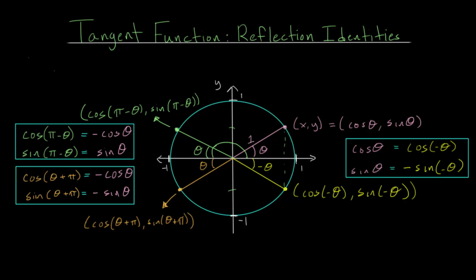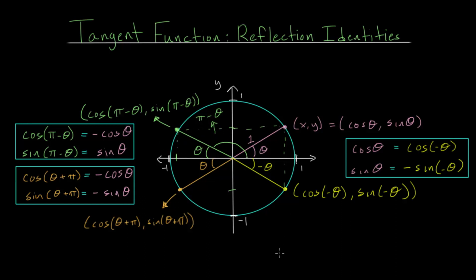But if we then subtract theta from that, this angle would be pi radians minus theta. We got the x and y coordinates from there, and we're able to relate that to the sine and cosine by comparing their x and y values, since they have the same y values, but the x values are